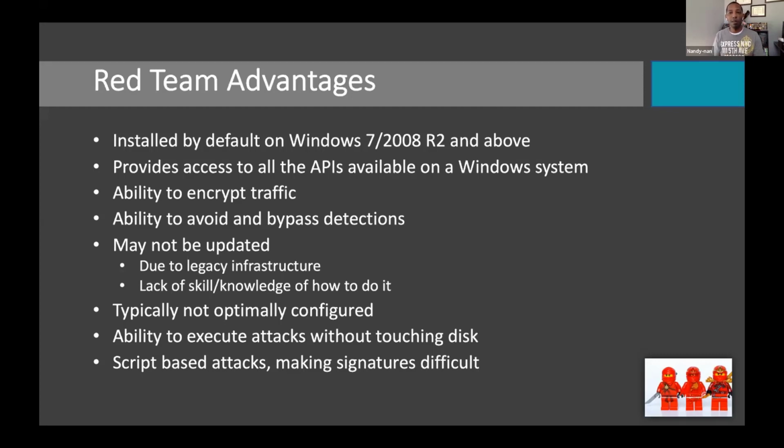Now, one of the things that is largely great, that I thoroughly enjoy, is the ability to do things without touching disk, right? Arguably, a red teamer is either going to execute things that are touching disk or they're going to execute in the context of memory. If somebody's touching disk, it should be much easier in theory to find. When we get into executing purely in memory, now I kind of need something to lead me to that system in order for me to focus on the memory aspect. So with PowerShell being able to execute fully in memory, when leveraged in that manner, that is great. And because it is a true scripting language, it starts to make signatures really, really difficult, right?